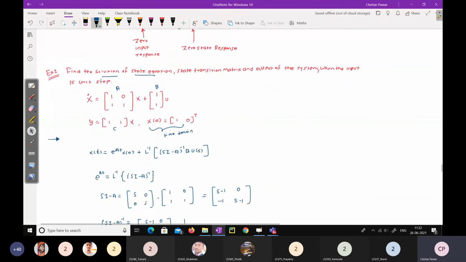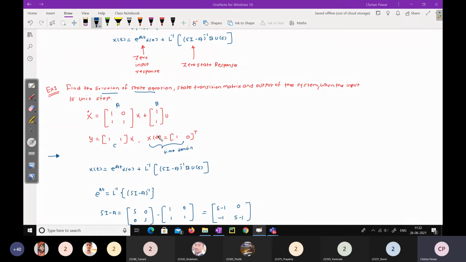Because we are applying the input, this will be an inhomogeneous equation. So we need to find the inhomogeneous equation solution, because the input is also applied. B is the input matrix. If I don't give the B matrix, whatever solution you find will be the solution for the homogeneous equation, when the B matrix is 0. But here the B matrix is given, right? So this will be the solution for the inhomogeneous equation.